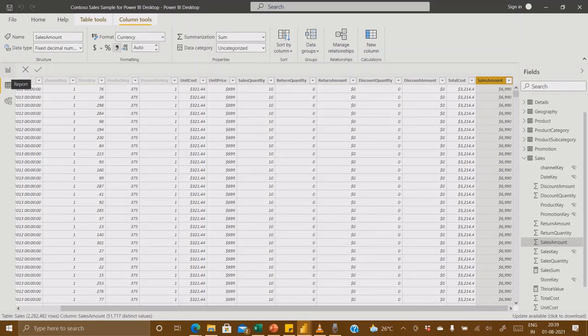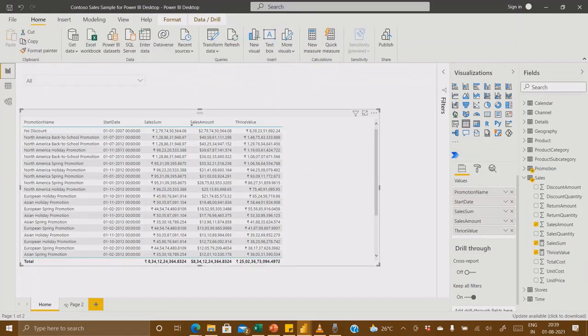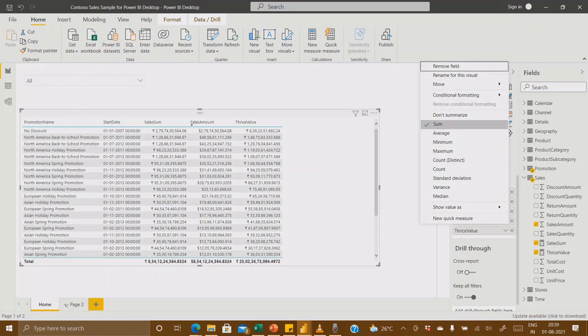So what basically a measure is, coming back here, you can see sales amount independently. If I click here on sales amount, you will see it is taking a sum.